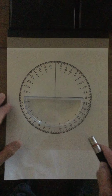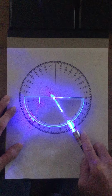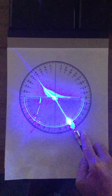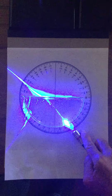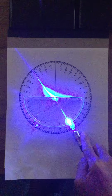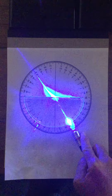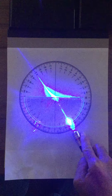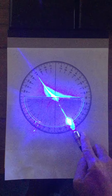So coming in at a 30-degree angle, I'm going to see if I can do this as best as I can. I want to shine it at 30 degrees and make sure that it's also traveling through the very center of my protractor. I don't want to be going off at an angle because I want to see what angle it is being refracted at coming from the very, very center. So I can see I'm coming right through the 30, it's going right through the center, and it's coming out at about, let's see,